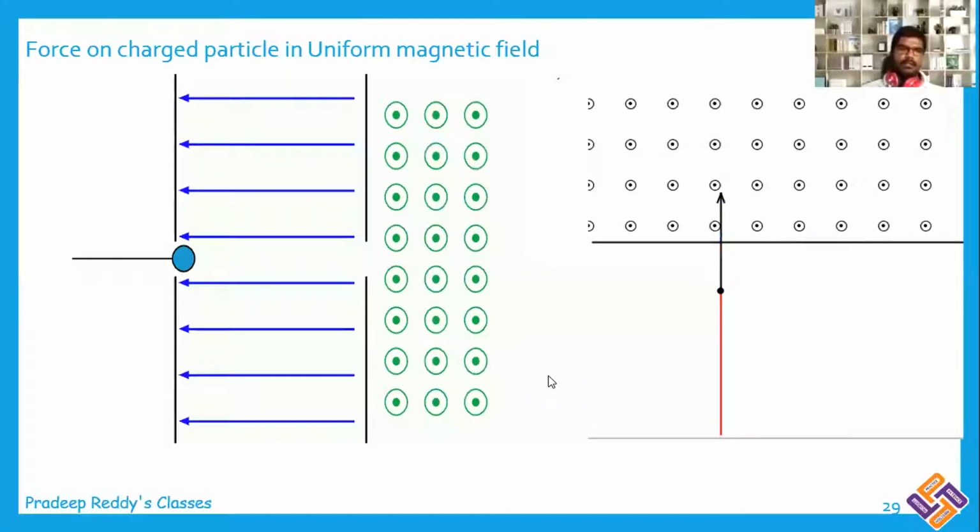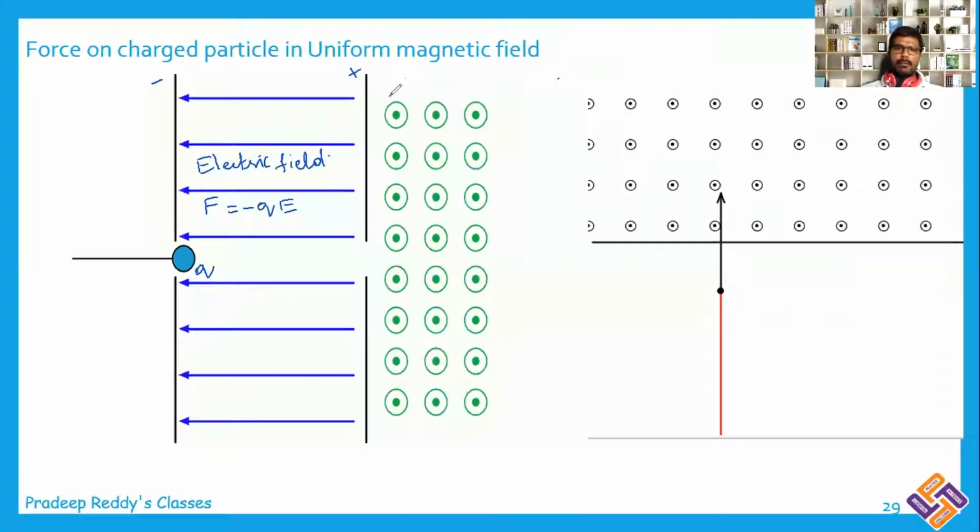See here, this is electric field. And this has charge Q. If a charged particle enters into electric field, the force experienced will be Q into capital E. Now, if this charged particle is negative, then F will be equal to minus Q into E. This is positive charge. This is negative charge. When the charged particle enters into external electric field, it will experience a force. Because of that, it accelerates.